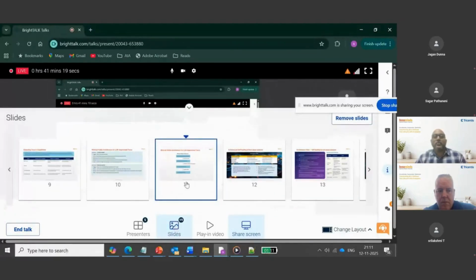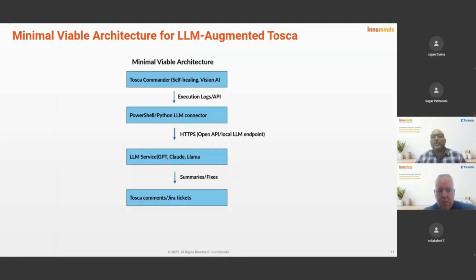Let me go to the slide. This is the underlying principle that we use, where you essentially talk to Tosca and get your logs, because logs provide a whole lot of information. You download the logs in a simple JSON format, which would be understandable by any programming language. Then you play around with the logs, and once you have meaningful information, again using your REST APIs, talk to your qTest or maybe Jira and raise defects. That's where you can use AI across your SDLC and boost productivity rather than reinventing the wheel using open source technologies.